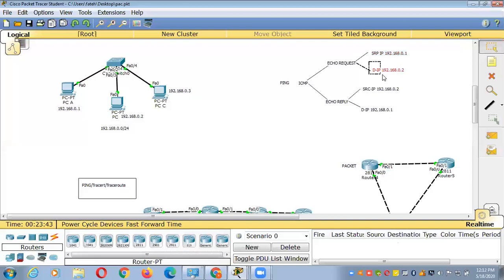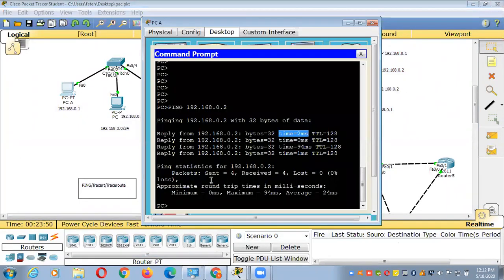The destination IP will be 192.168.0.2. But when system B replies to system A, that is called echo reply. In the echo reply, the IPs will be reversed: the source IP will become 192.168.0.2 and the destination IP will be 192.168.0.1.